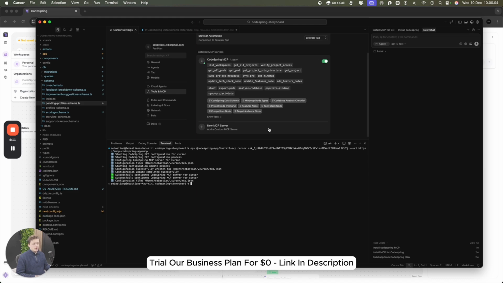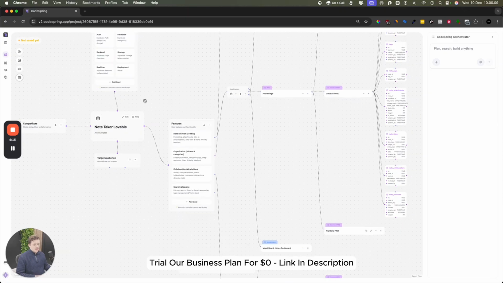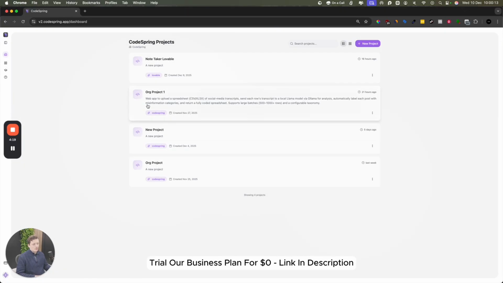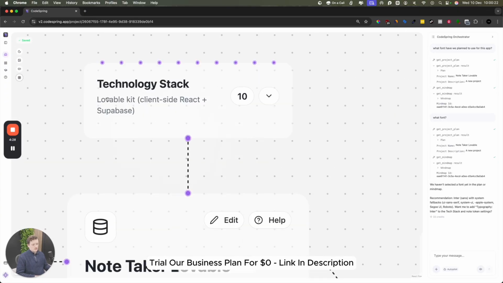So let's just do a quick example of how this works and how we've got this set up. If I come into my project here, I'm currently working on the note taker Lovable, but if I come back, you can see all of the different projects that I've worked on. These ones down here are CodeSpring. Essentially, these are using the CodeSpring starter kit. If we click on this one, if we zoom in, you can see it's using the Lovable kit on the